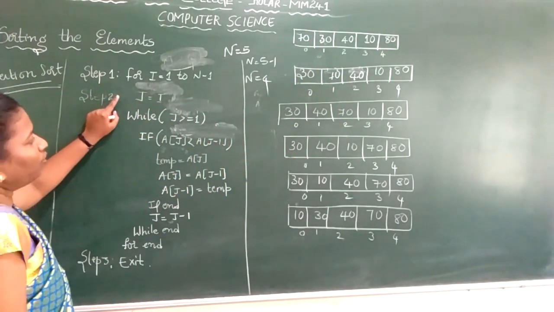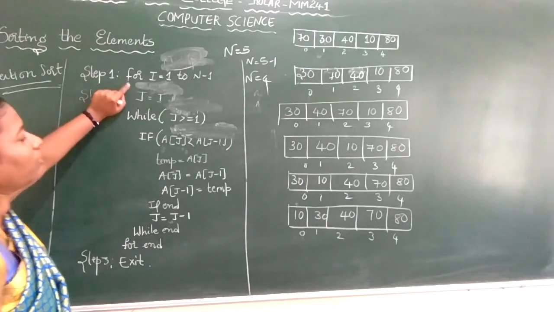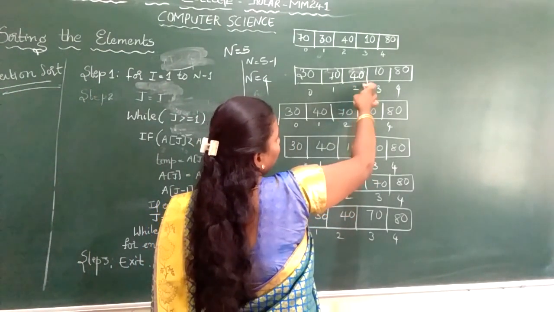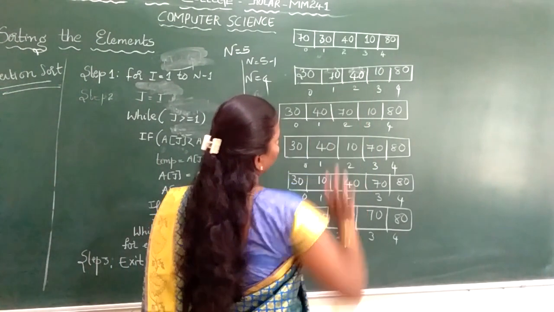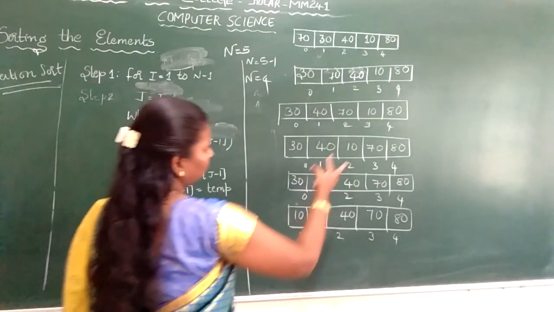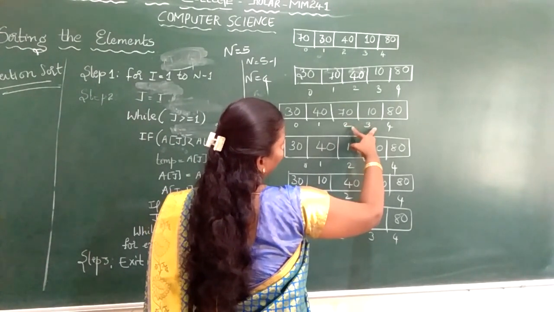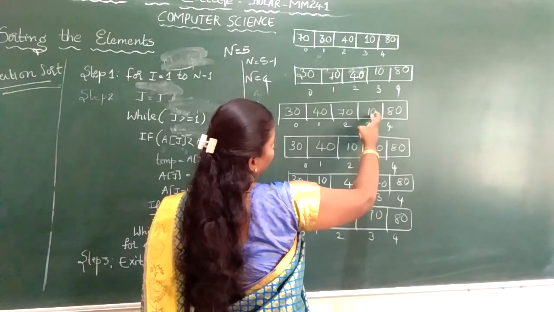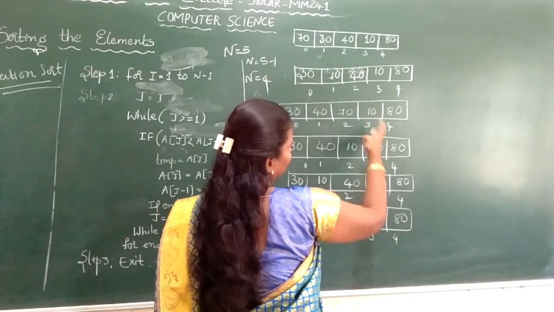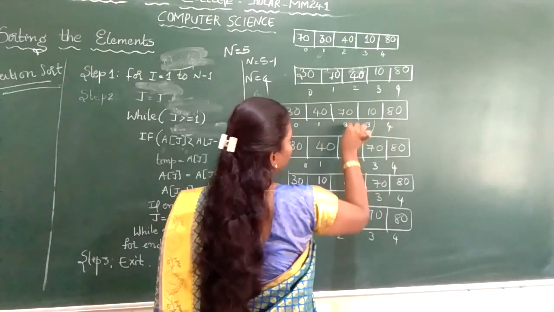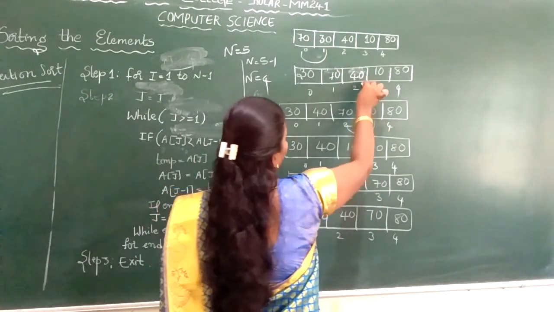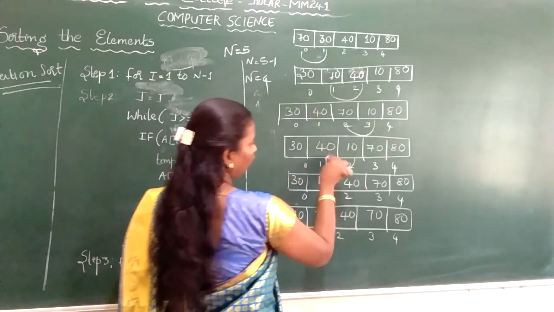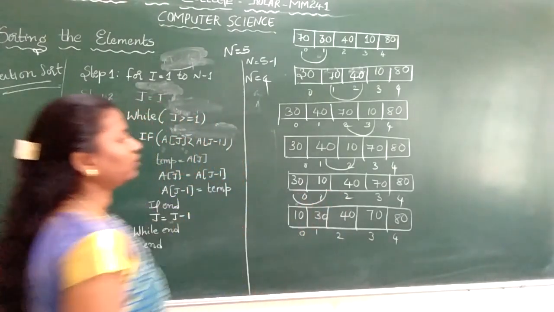Again we checked. The while loop ends, and again we incremented the I value to 2. Here we checked 40 with 70, and we did the swapping. So the 30, 40 swapping is finished. Again we have 70 and 10. We did the swapping. The I value got incremented to 3. Is 10 less than 70? Yes. So again the swapping happens here. First it is between these two, next between these two, then between the next two. Next the swapping is between 10 and 40, and next between 10 and 30.